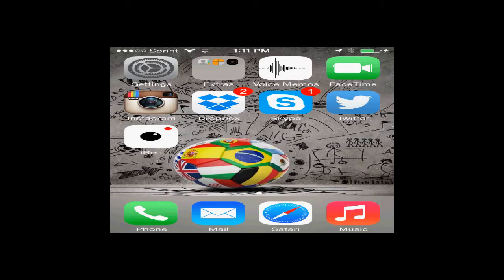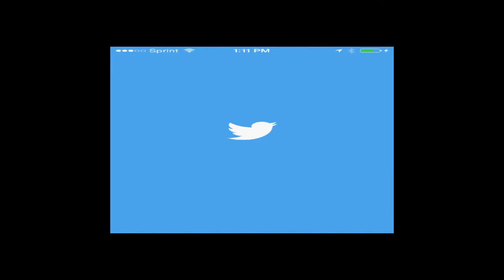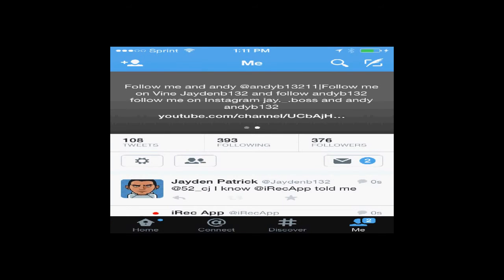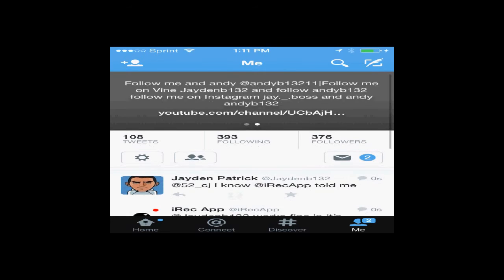Okay, it's Jaden playing his iPhone, and I'm gonna show you guys how to get this screen recording too. Right now I'm using this application called iTools. If you want it, the link will be in the description.